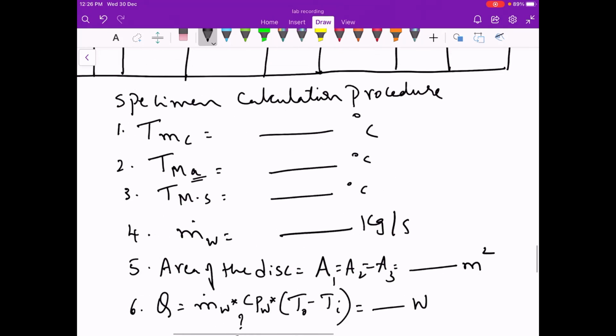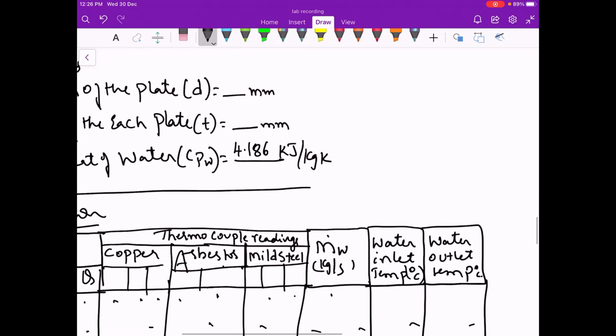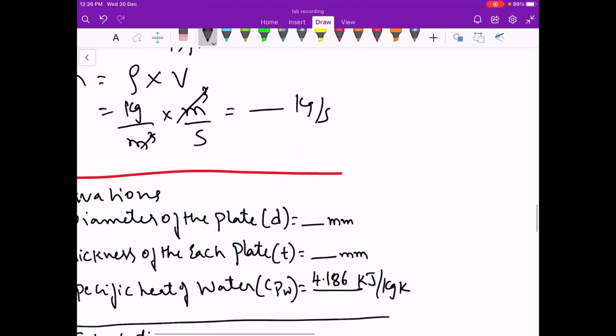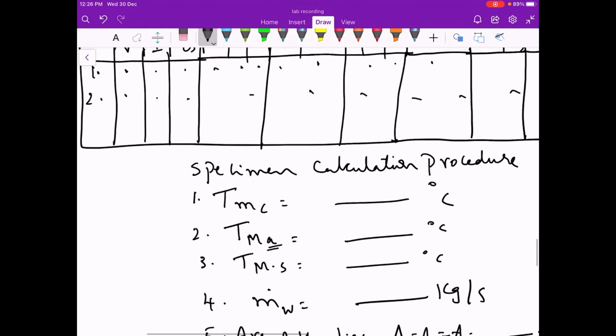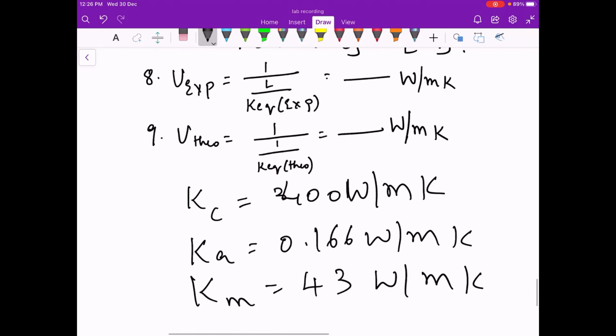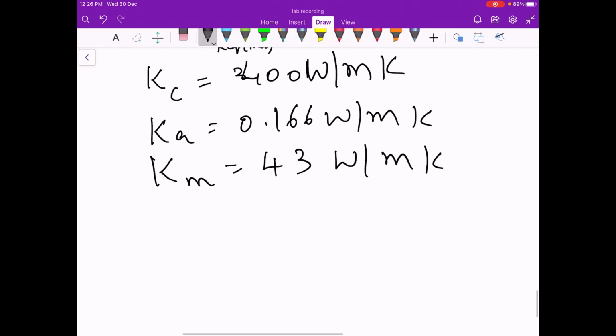So this is all about the experiment on heat conduction through a composite wall. We have explained the theory, and I have also explained the experiment and the actual experimental setup and all those things. I hope this is clear to you guys. Please try to do the calculations for whatever readings you have taken in the lab.